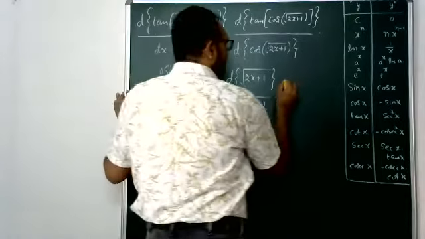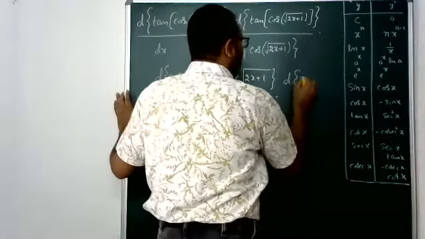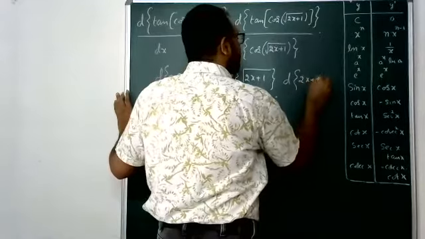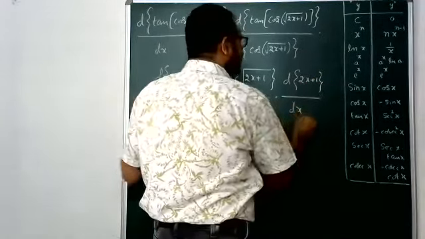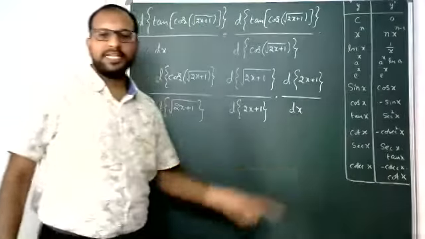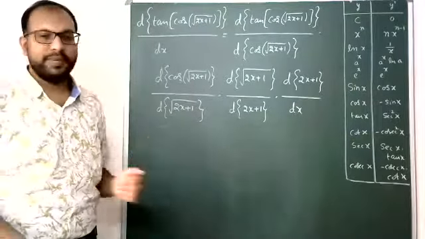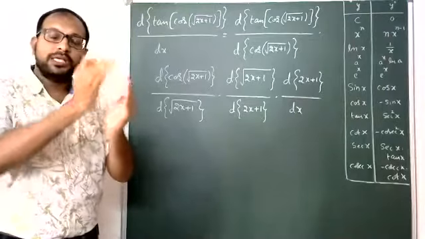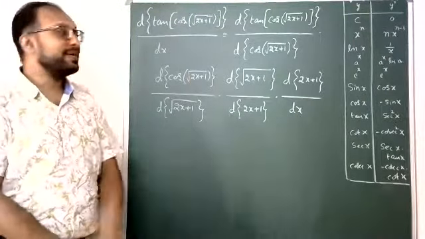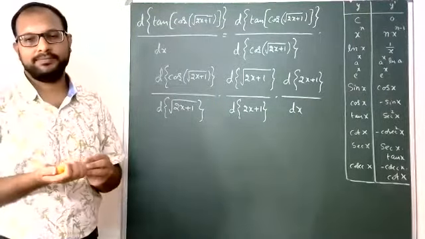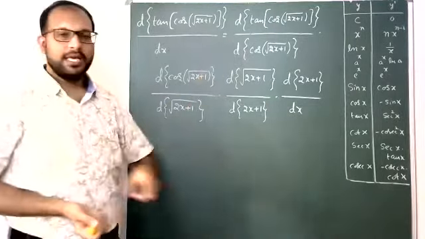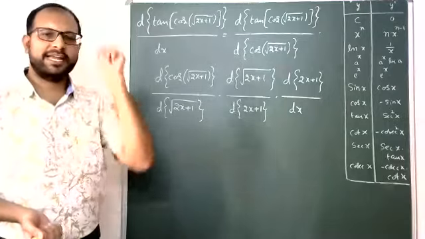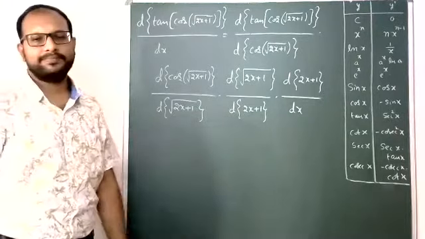Still, the derivative of 2x plus 1 with respect to x, we already know that is 2. That means the last link should be very easy, because it is an already known differentiation. The remaining links you have read right now: 1, 2, 3. In this problem, 4 links are rectified, that's why all are now written.